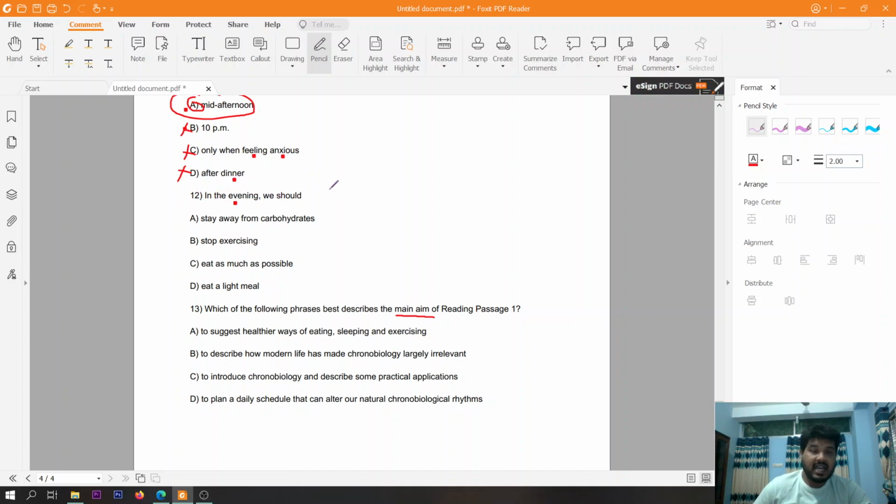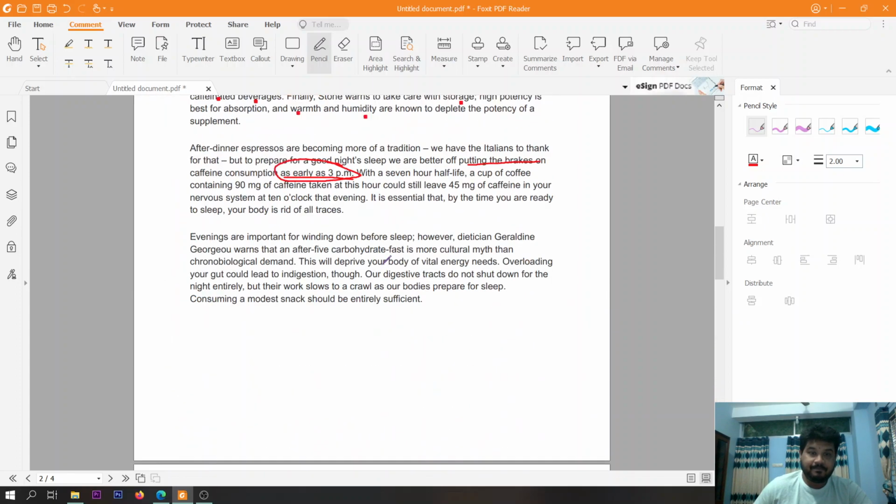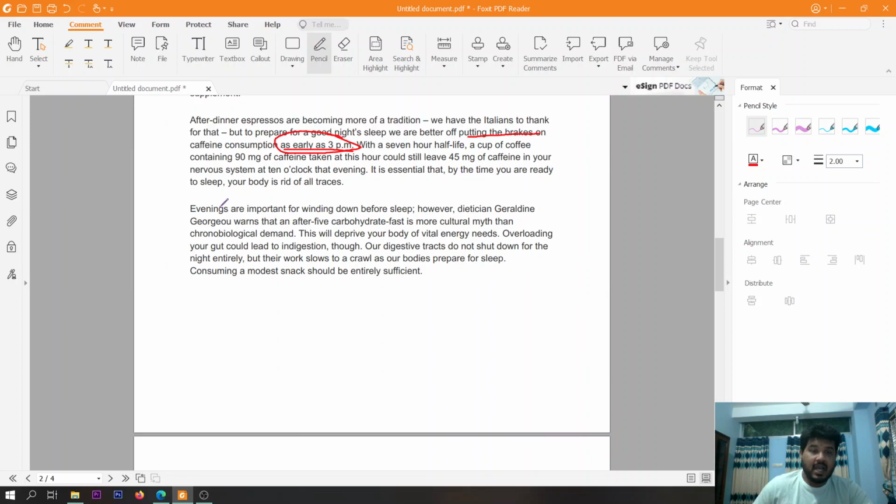So number 12. So in the evening, what should we do? What should we do in the evening? So should we stay away from carbohydrates, stop exercising, eat as much as possible, or eat a light meal? Let's go and find out. Evenings are important for winding down before sleep. However, dietitian